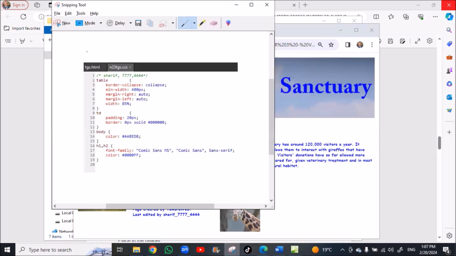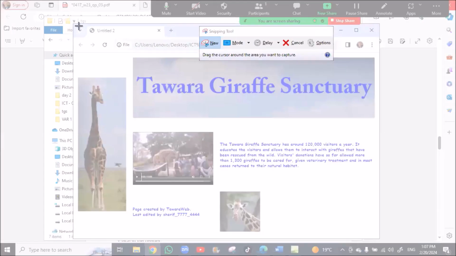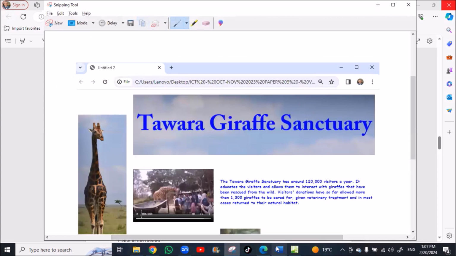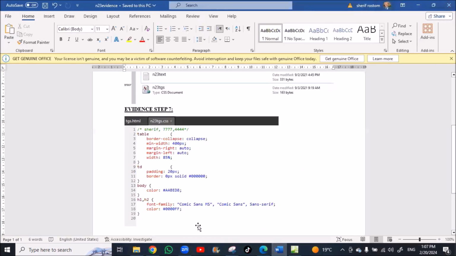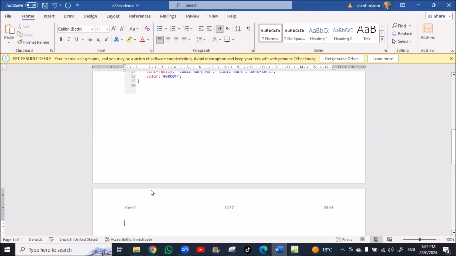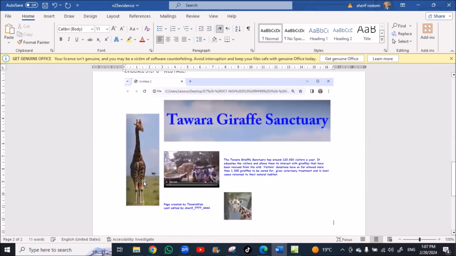Then we'll go to the snipping tool and take a screenshot, copy and go to our work area. This is step 8, evidence, step 8, web page, Control V.